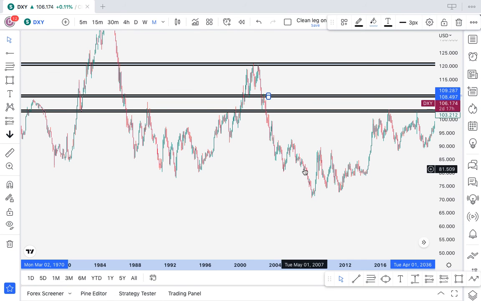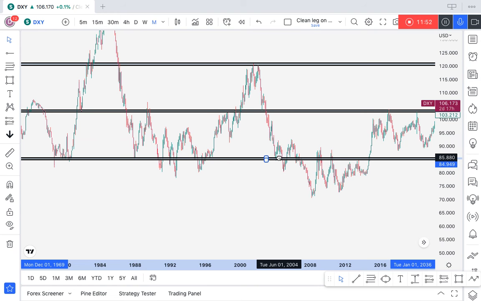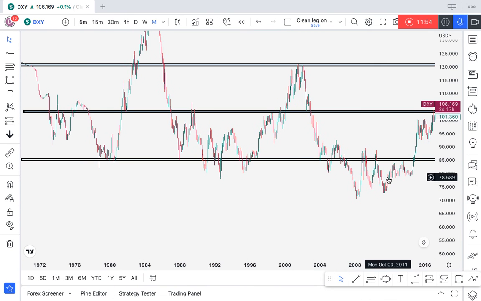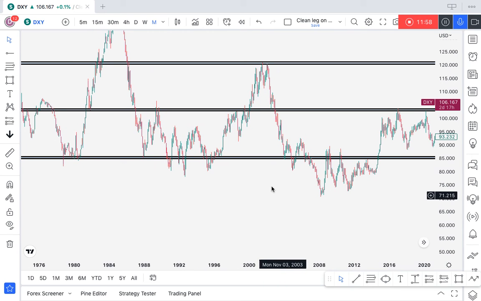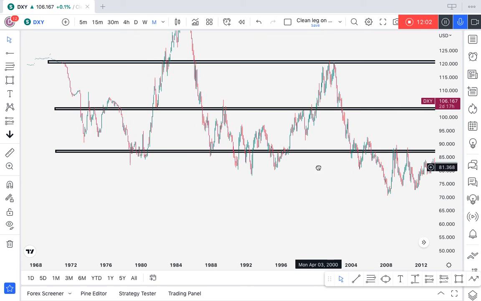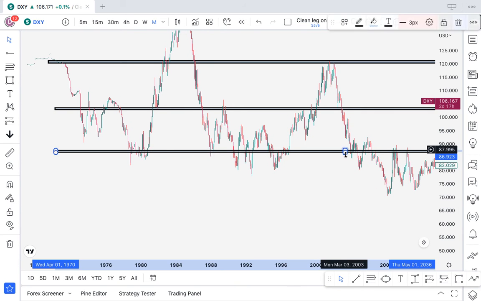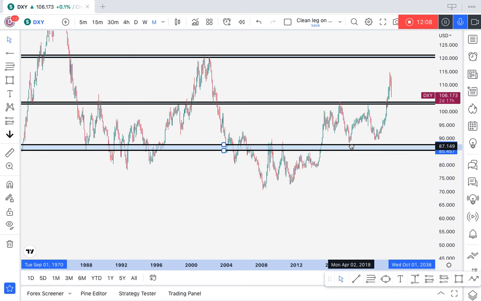I can see something happening here, although it's quite messy. Below this level is very, very messy, which I would actually put another level there because you need to understand, guys, this is happening on the monthly time frame. So I want to take note of literally everything that is going on right there. So I'll go ahead and put this guy right there, and adjust this in such a way.